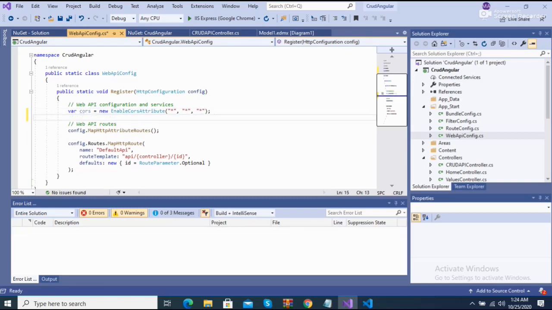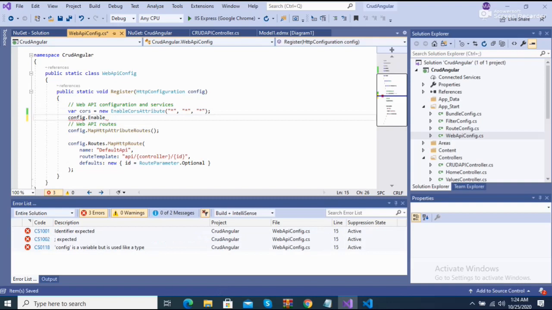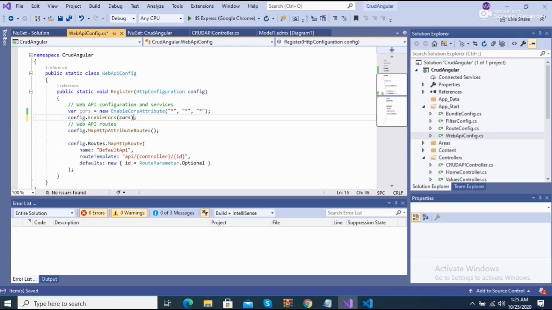Now add config.EnableCors with this cors variable. After adding this to your application, it works nicely.